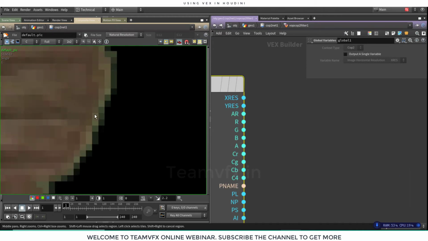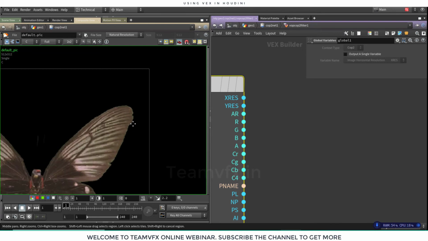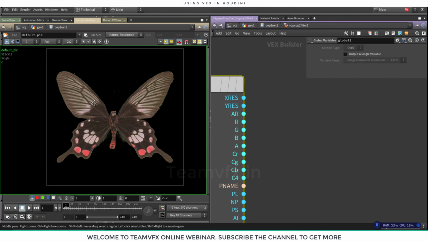You can see there is an X resolution and Y resolution. It shows how many pixels there are on the X axis and Y axis of the image. And the color of this attribute is sky blue, which means it's a floating value.